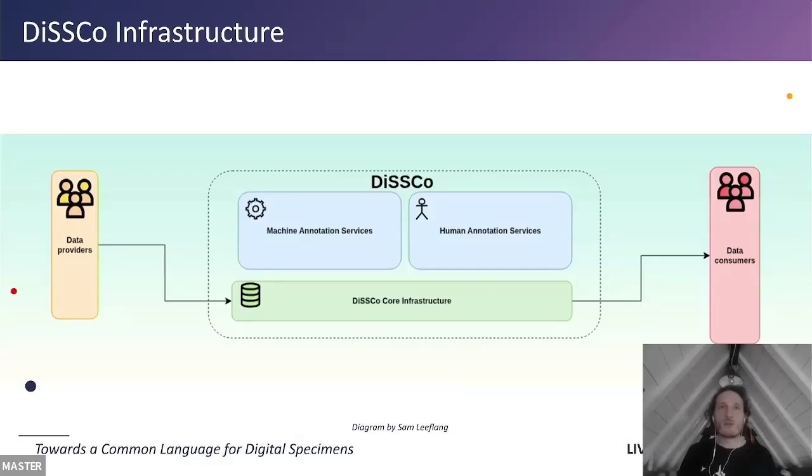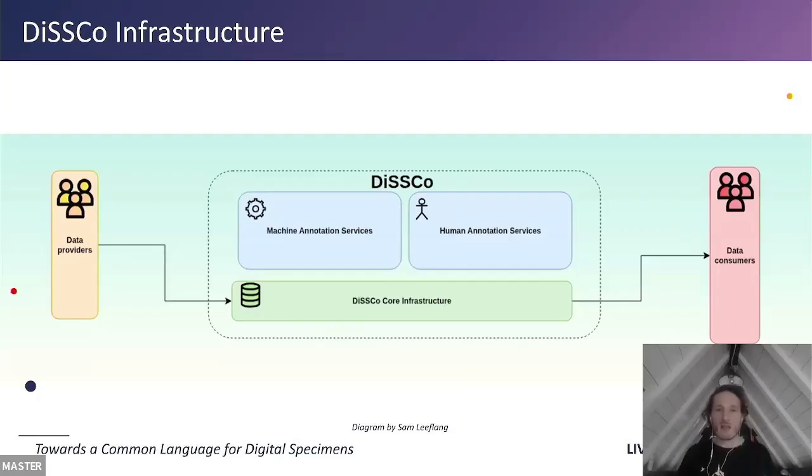In the end, we don't want to keep all this information bottled inside DiSSCo. We want to push it to data consumers, which can of course be scientists and researchers, but can also be data aggregators such as GBIF. So this is the landscape that we're trying to build, and to make this whole DiSSCo ecosystem work and make it available for others to build these machine annotation services or human annotation services,